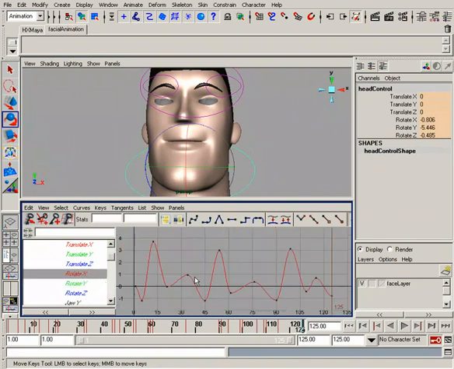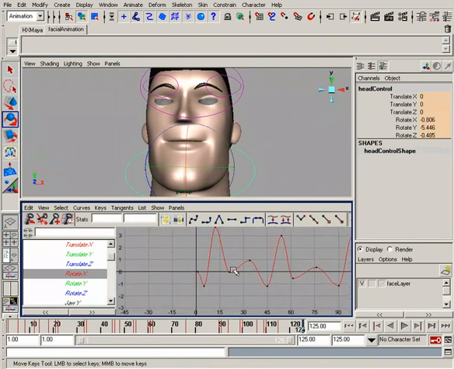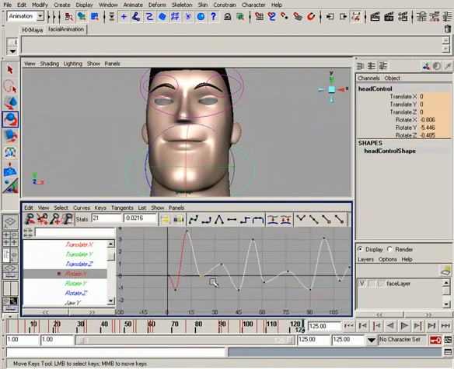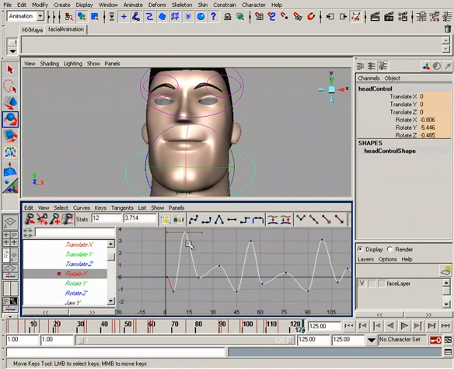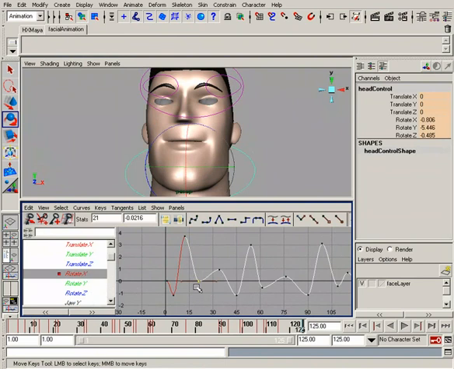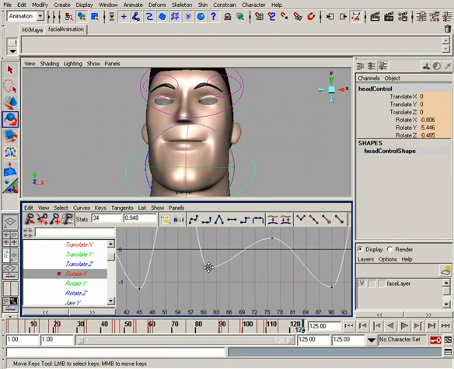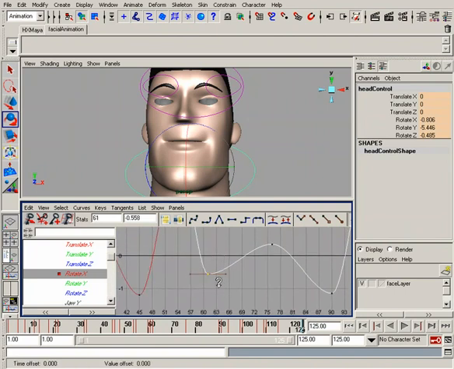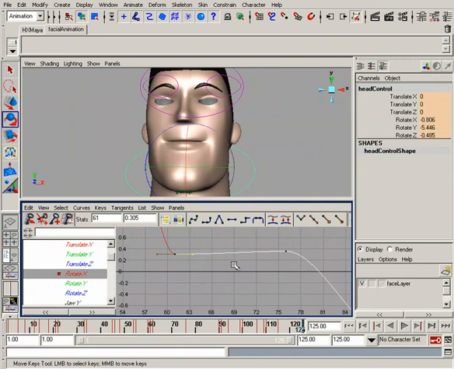Okay, and what we want to look for are any tangents that are not necessarily peak keys. And what I mean by that is, here's an example. Here's a peak key here, and then here's a peak key. So they're the ones that make up the hilly F curve. All right. So if we had a key, for example, where the key was more planar with the adjacent key next to it, like for example, if we had a key like that, okay, we'd probably want to adjust the tangency of either of these keys,